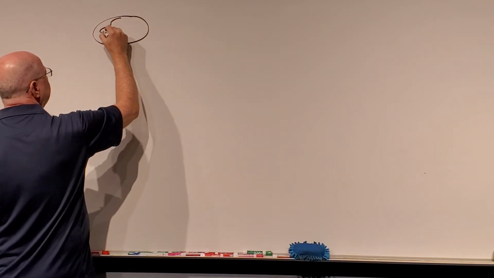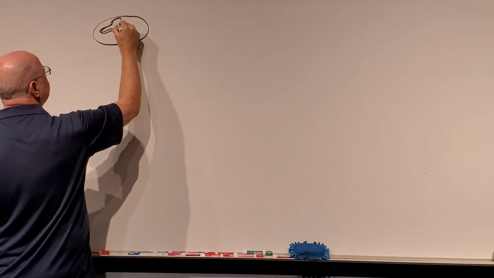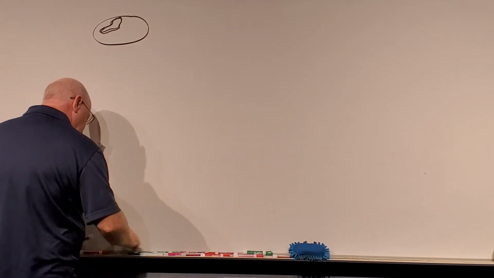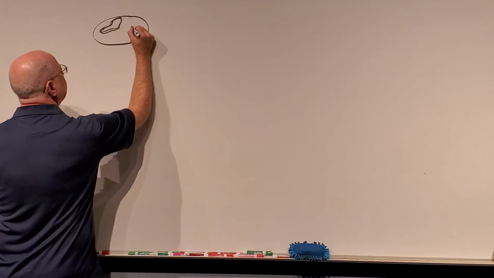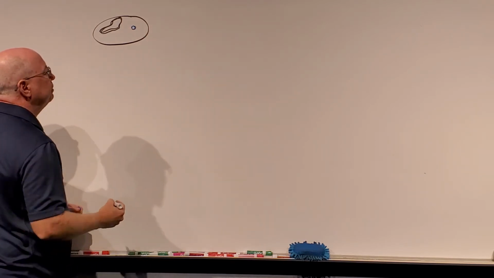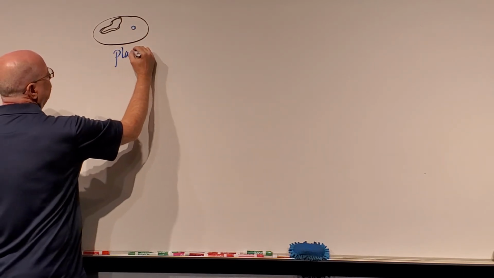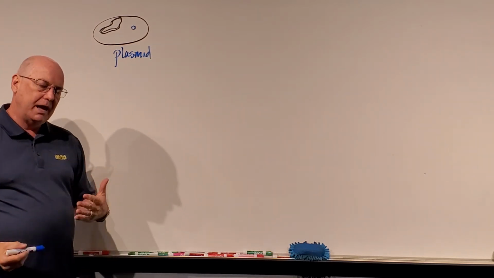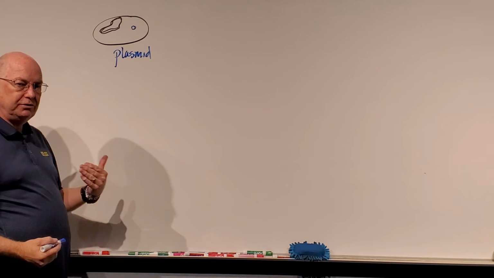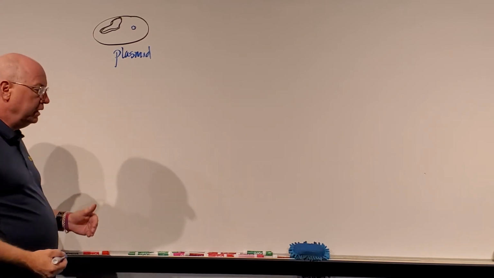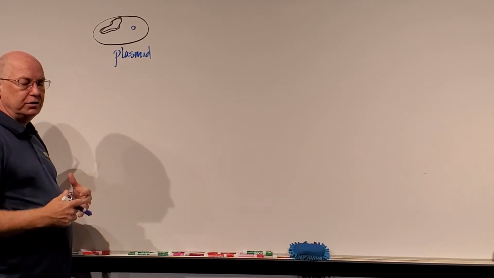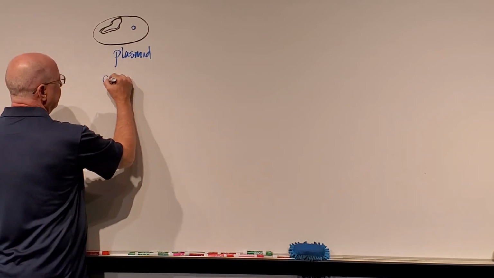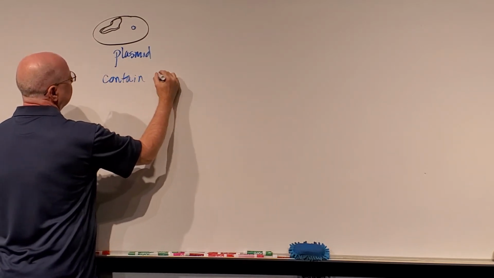So usually we have a double-stranded, circular chromosome, and we can have smaller pieces of DNA outside it, inside the bacterium, called a plasmid. I'm going to use blue for my plasmid here. Now, one of the things we know about plasmids, some bacteria carry plasmids, not all do, is that the plasmid has what we call extra-chromosomal DNA, and very often the plasmid can contain genes